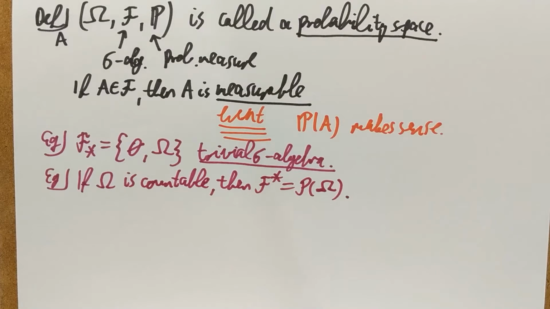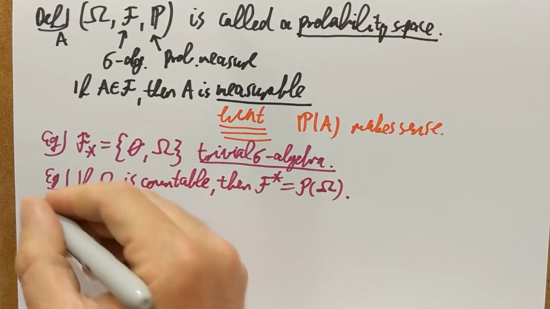For example, if you keep rolling a die and you're interested in how many rolls you need until the first time you see 6, then this is a countable state space, and all subsets of this state space will form a sigma algebra. So for example, you can ask what's the probability that you need to roll between 5 and 8 times to see 6 the first time. That's going to be in the power set, it is the discrete interval 5 to 8. So that was another example.